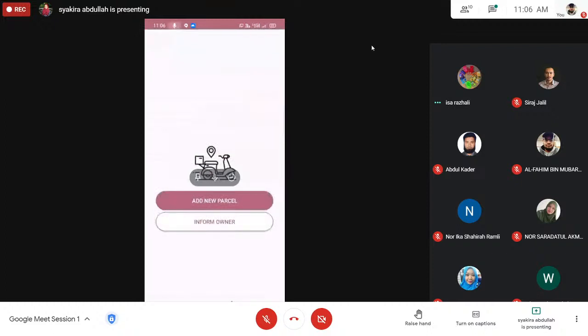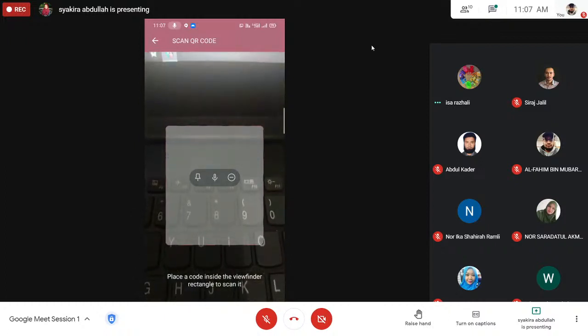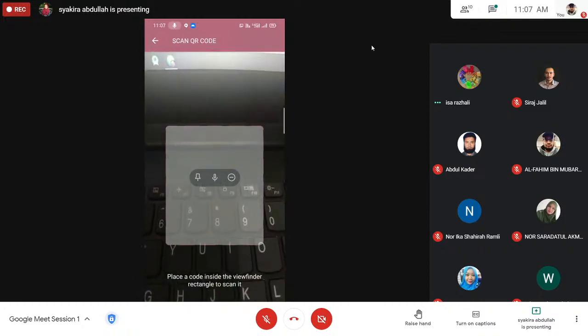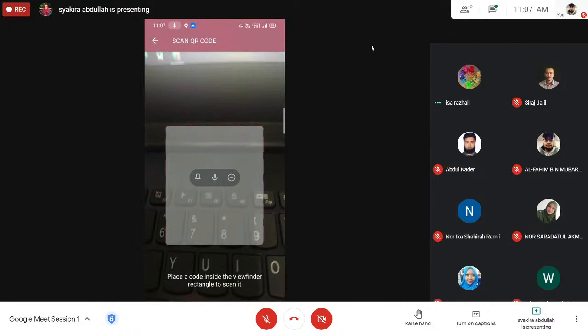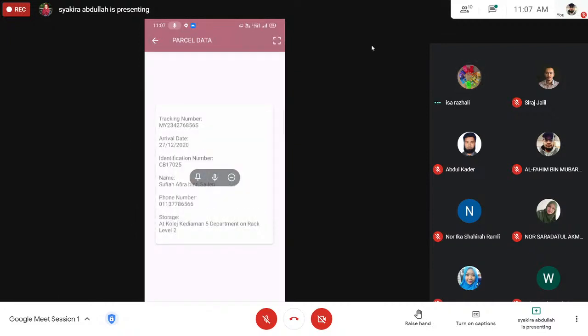Other than that, if the student wants to claim their parcel, UMP Mail Center staff may scan the parcel. The QR code that has been sent to the user, and the info of the parcel will be shown. So I will show the scan. After the scan, the info of the parcel will be shown,